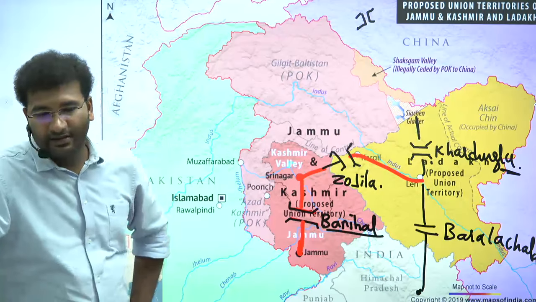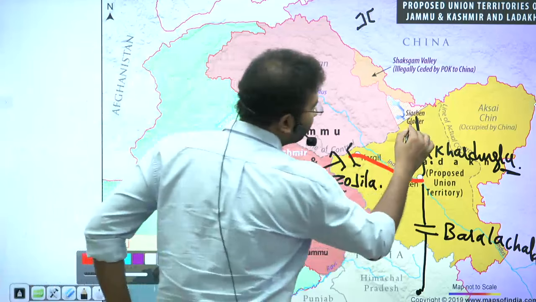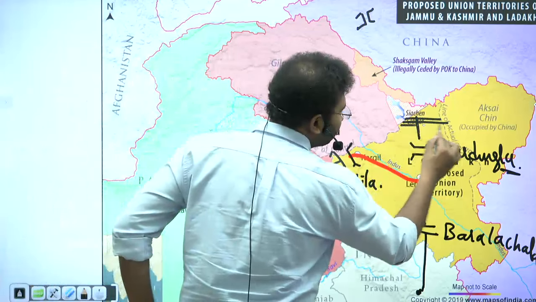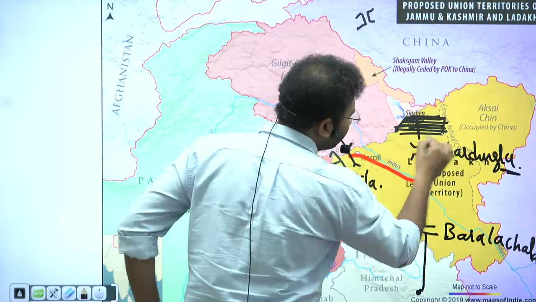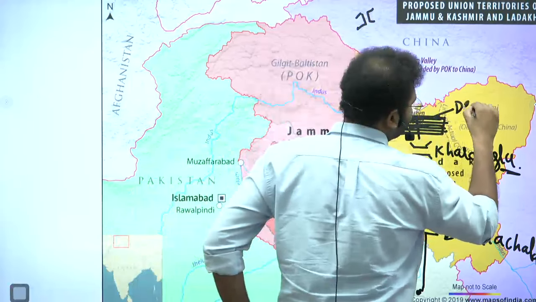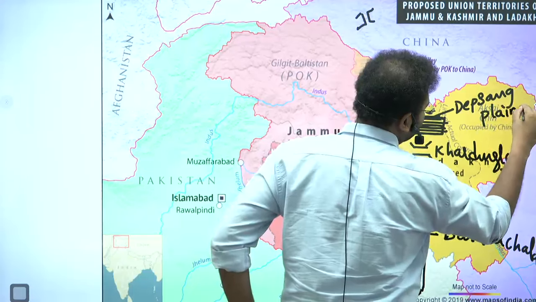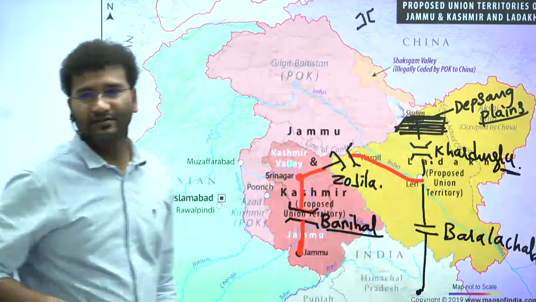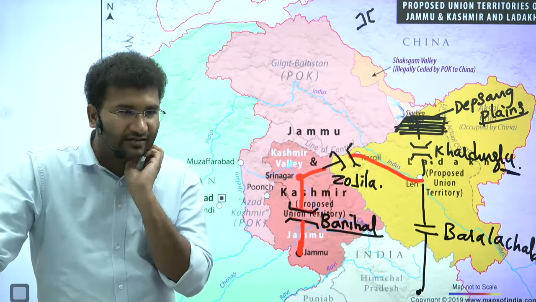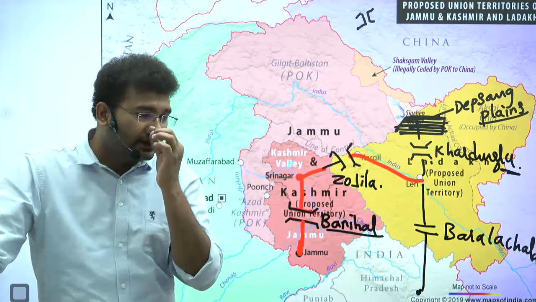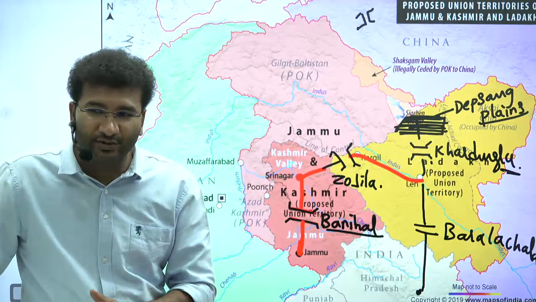And see, in fact, just beyond this part of the area is a plain area. What is this plain called? Depsang Plains. You have it in your atlas in the physical map. You go and check. If not, fine. These are Depsang Plains. In the Depsang Plains, one of the territories that I showed you yesterday, an aeroplane came,